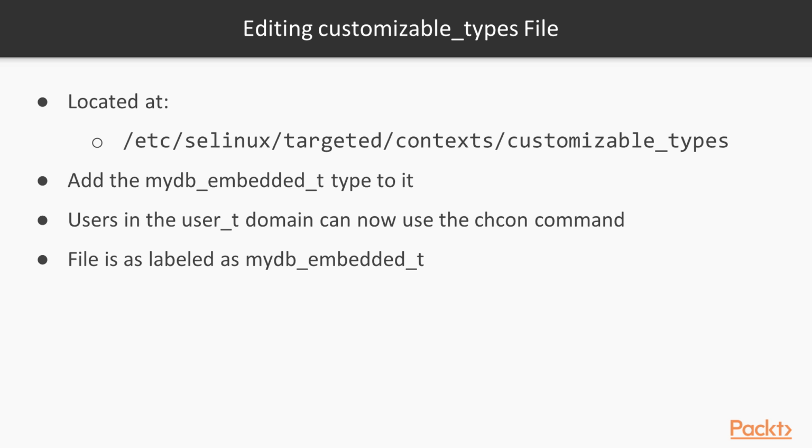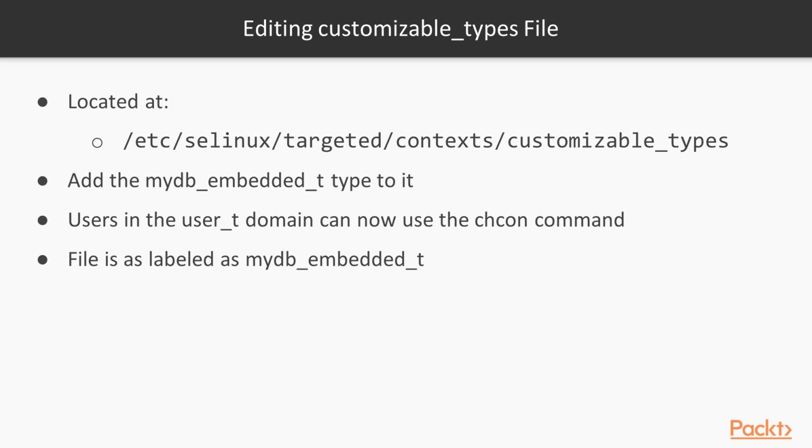Next, you edit the customizable_types file located at the context subdirectory and add the mydbembedded T-type to it. With those steps completed, all users in the user T domain can now use the chcon command to label a file as mydbembedded T and still use this file through SQLite or other application programs that run in the user